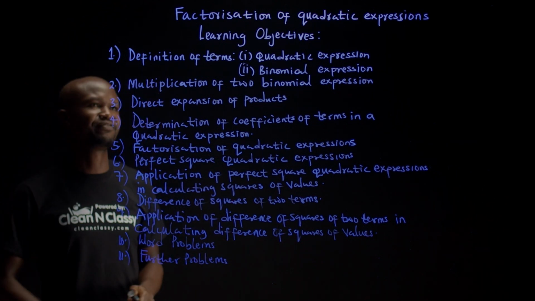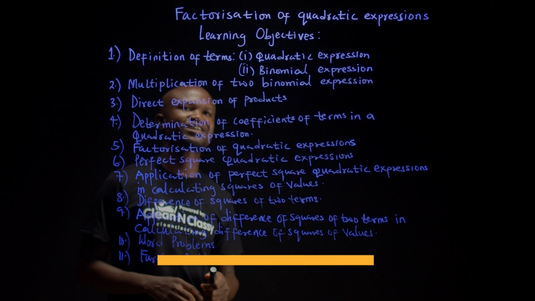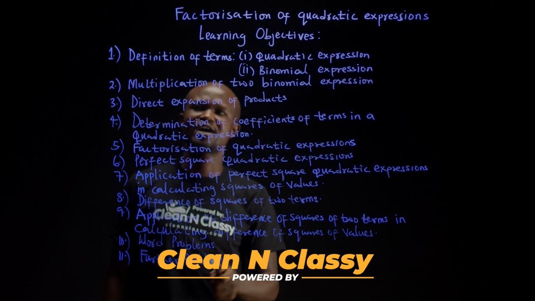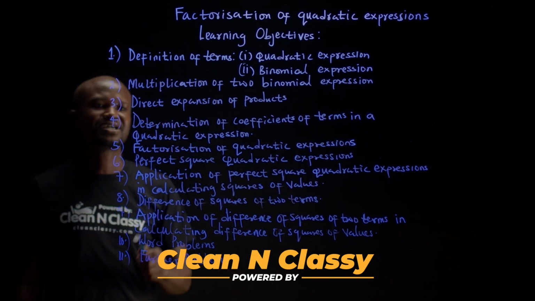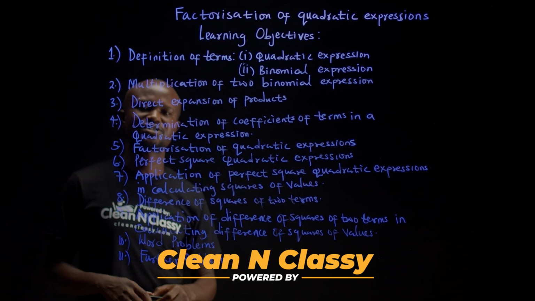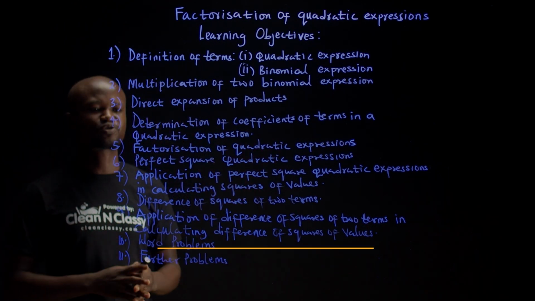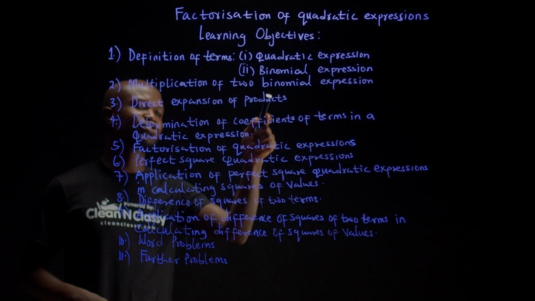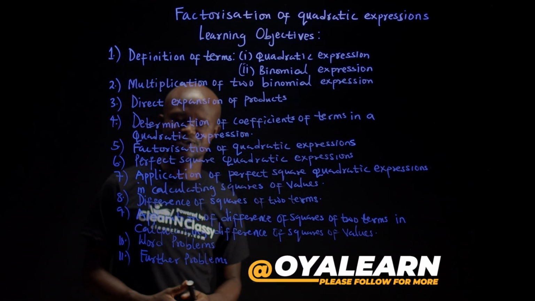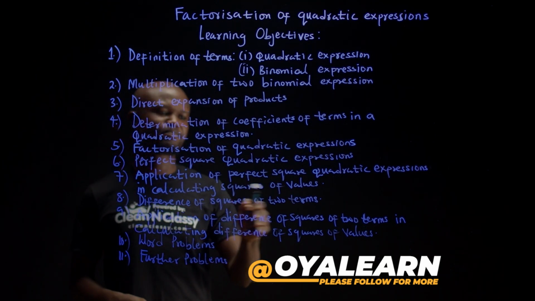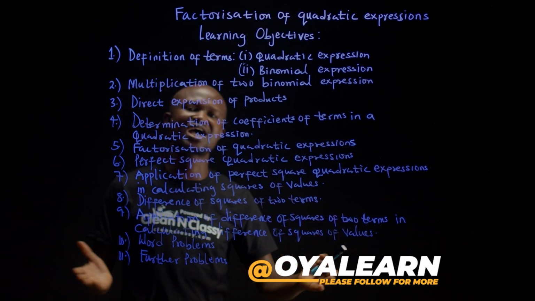1. Definition of terms, that is quadratic expression, binomial expression. Multiplication of binomial expression, direct expansion of products, determination of coefficient of terms in a quadratic expression, factorization of quadratic expression, perfect square quadratic expressions, application of perfect squares quadratic expressions in calculating squares of values,